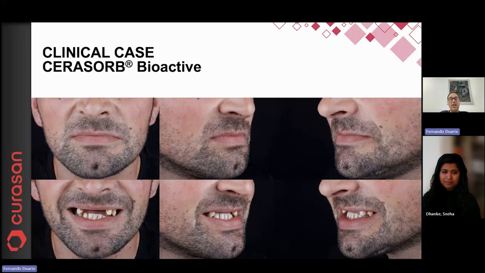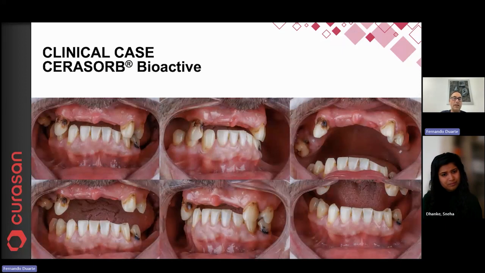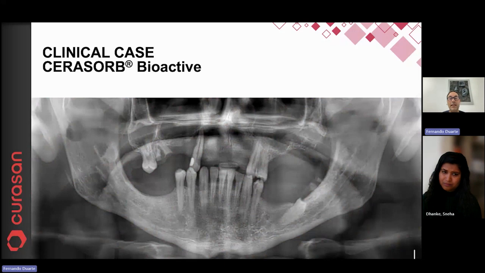A second case, also a very difficult one, is a case of one patient that is living abroad, a young patient, 45 years old, already with a removable prosthesis for several years. And he came to us for a first opinion about implant rehabilitation. Now, this is a typical